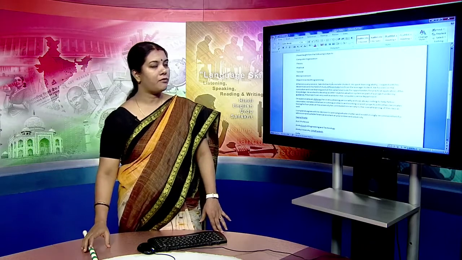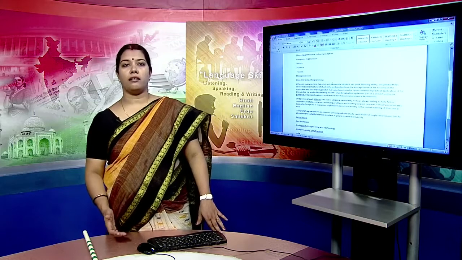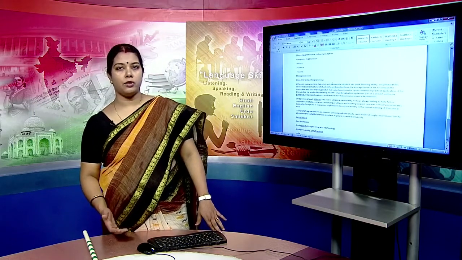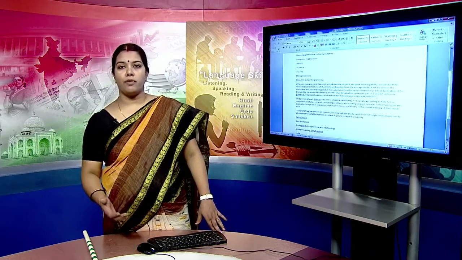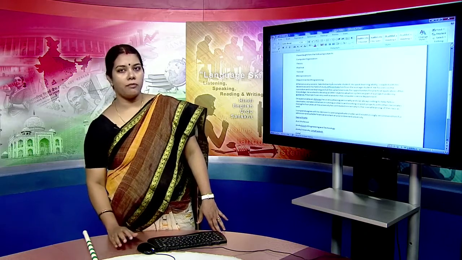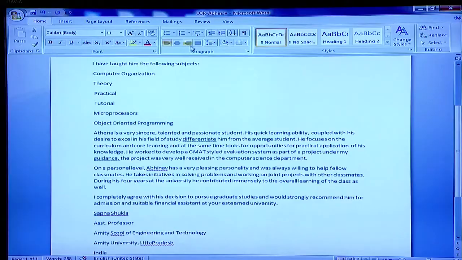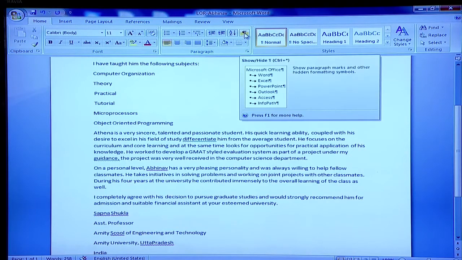Then we have paragraph markers as well. Paragraph markers make it easier to type when you can see returns, spaces and tabs in your document. If you want to see the paragraph markers, there is a particular symbol over here in the Home tab. In the Paragraph subtask, you can see this particular